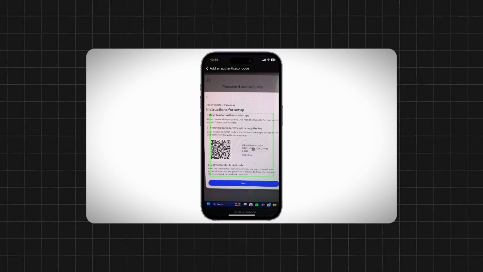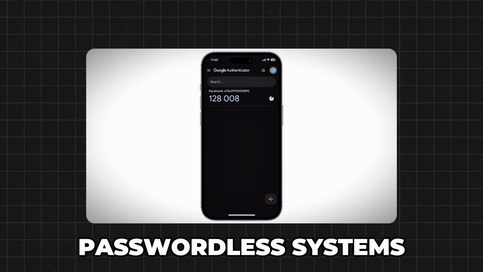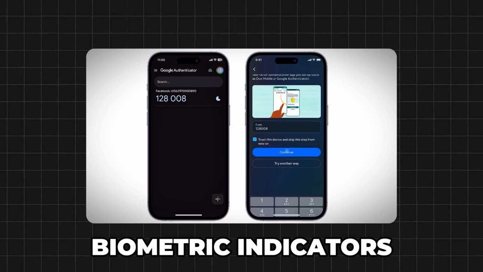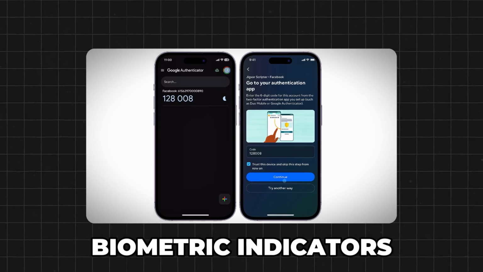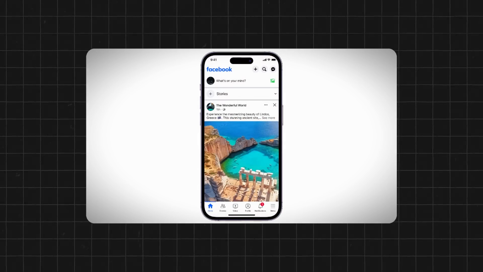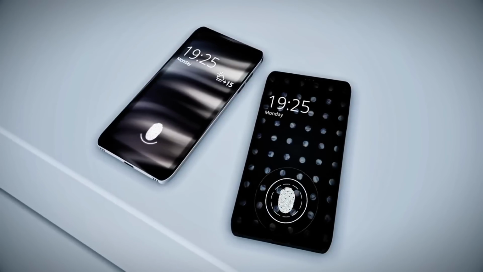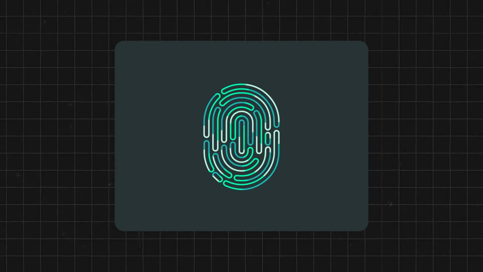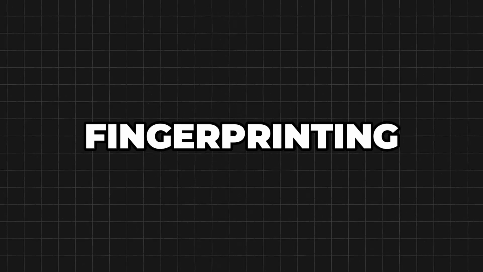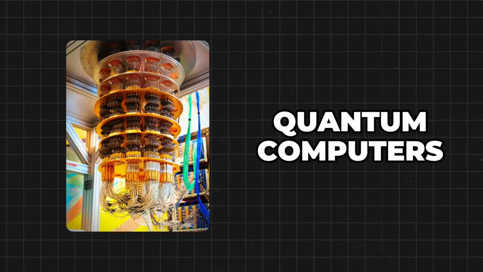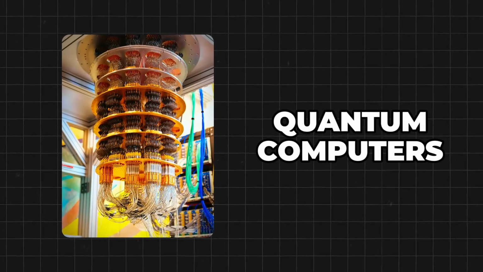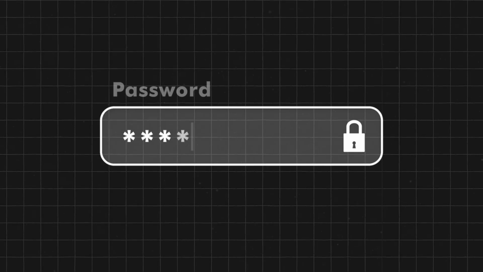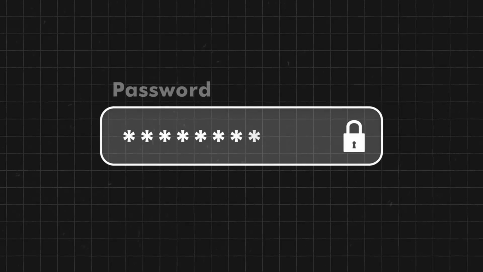One example are passwordless systems where your phone becomes your only authentication method, like Face ID and other biometric indicators. These biometrics are being integrated directly into the authentication flow. Imagine your fingerprint replacing that 6-digit code. AI systems are learning to detect when someone else might be trying to log in as you, based on behavior patterns and device fingerprinting. And when quantum computers inevitably make their way out into the world, something more needs to be done. When that happens, we'll need entirely new ways to prove who we are online, to prove that we